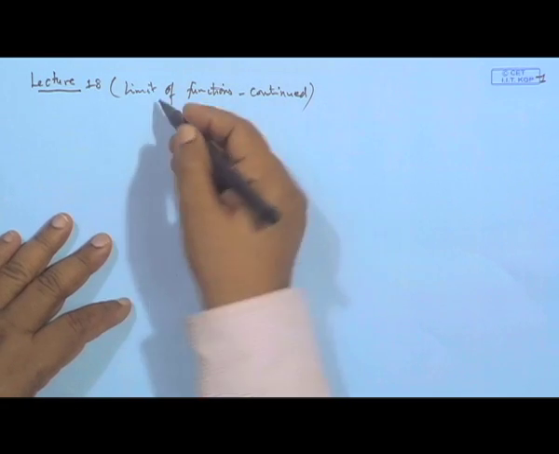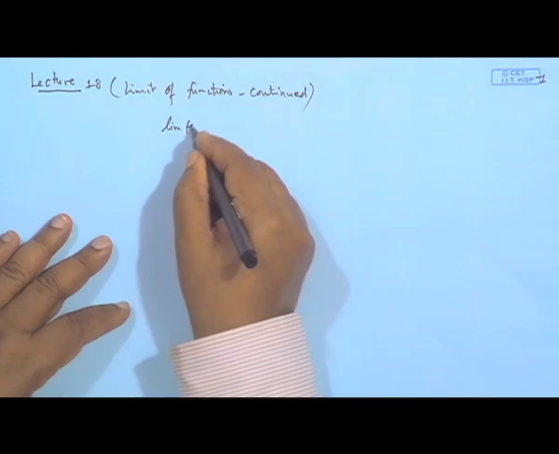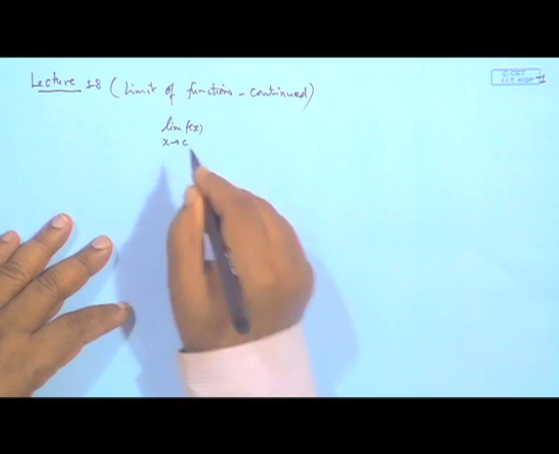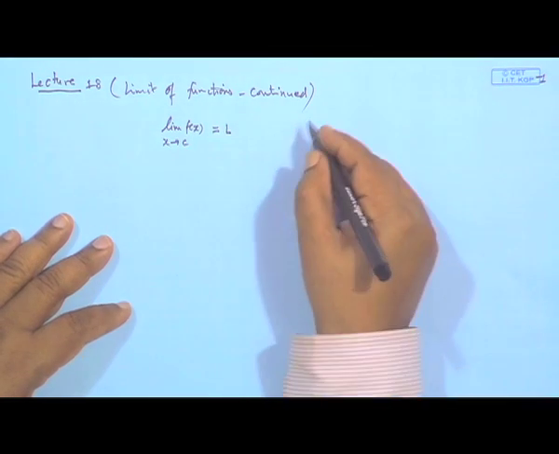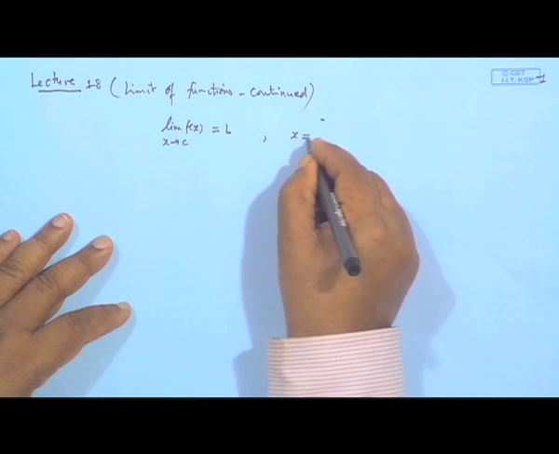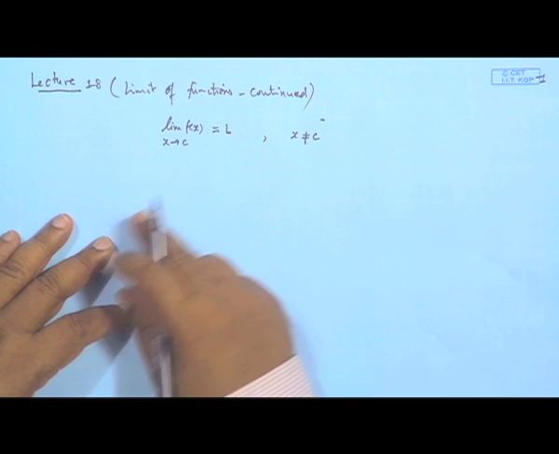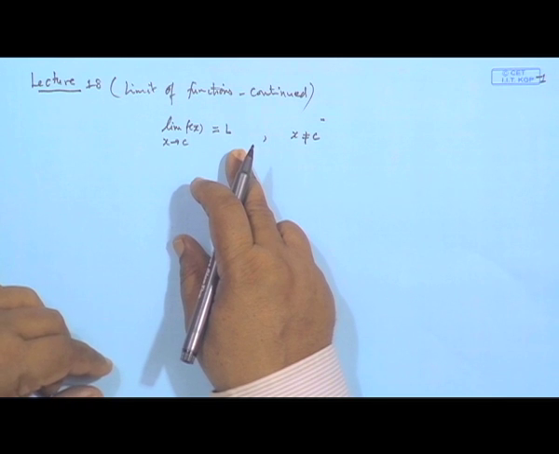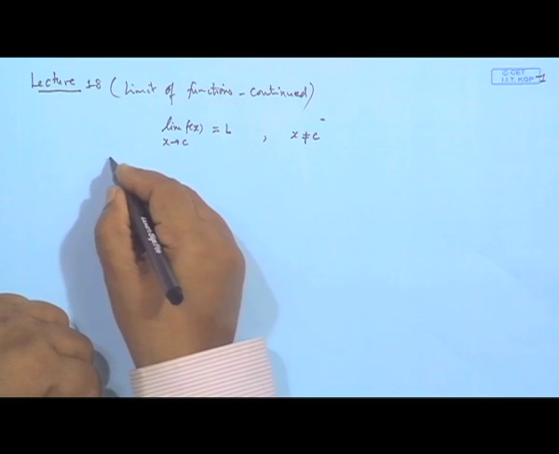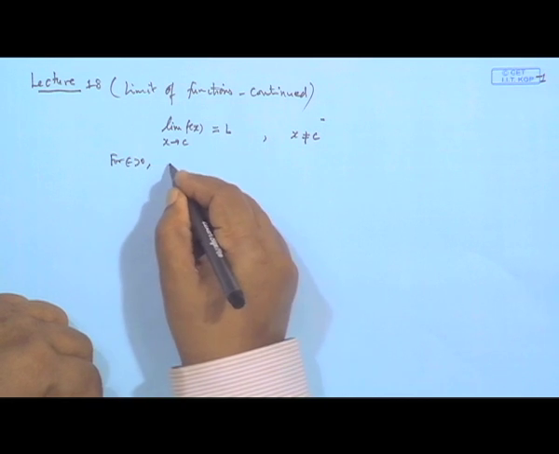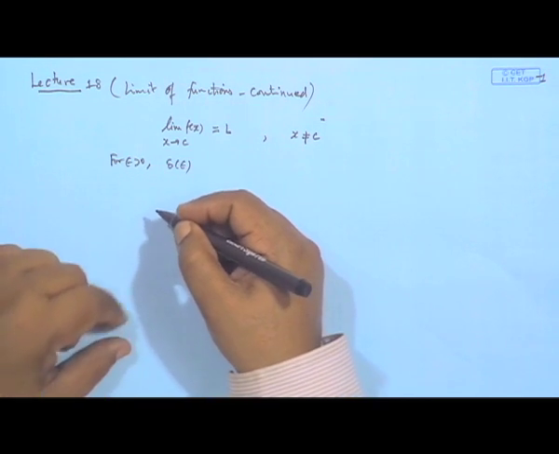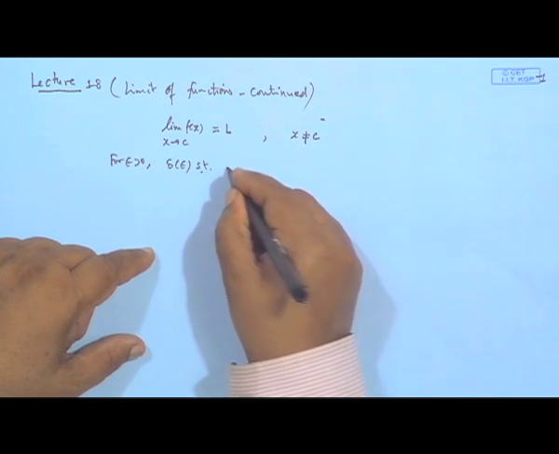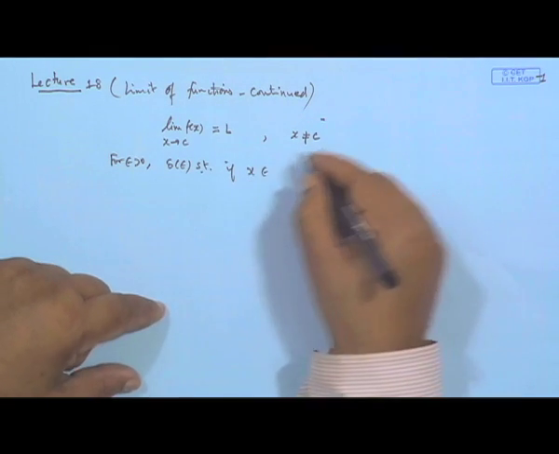Okay. So, we were discussing the limit of functions, and the way we have defined it is we say the limit of this function f(x) when x tends to c is L, where x is not equal to c, need not be equal to c. The meaning of this is that for a given epsilon greater than 0, there exists a delta, which will depend on epsilon, such that